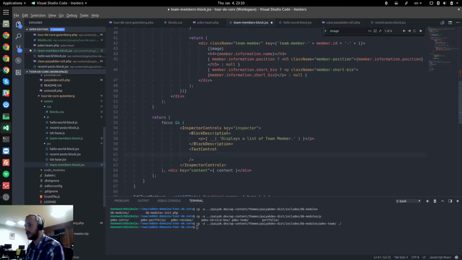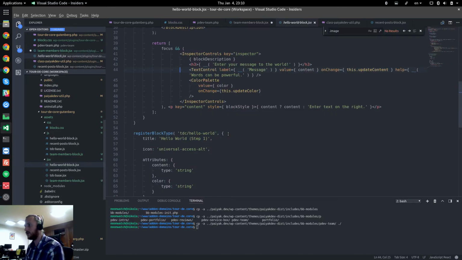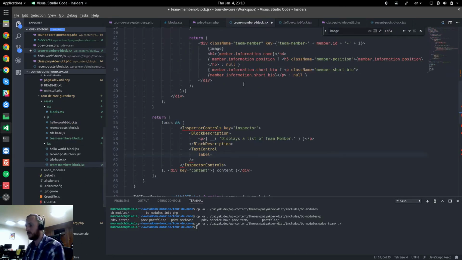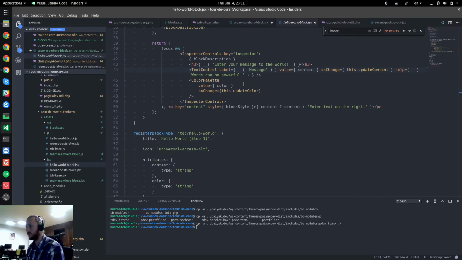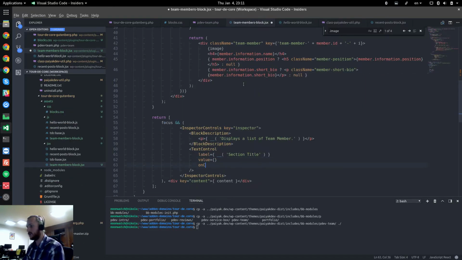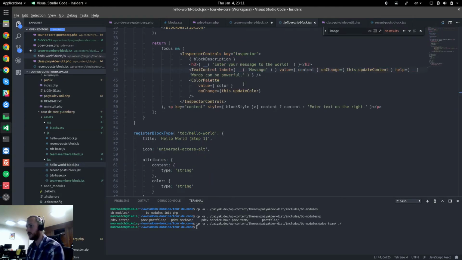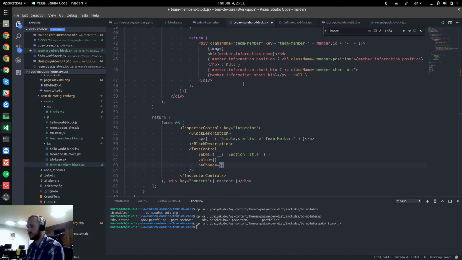So label, value, label, so our label is section title, for example, and value, nothing for right now. On change, we have to do something, and help. I don't think we need a help thing in this case. Okay, so on change this